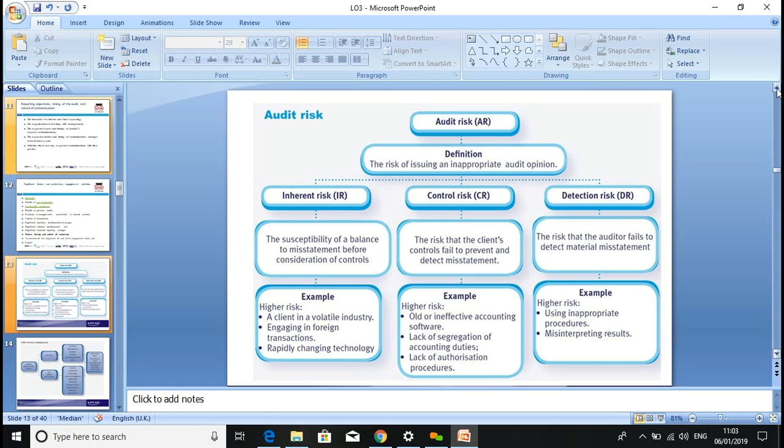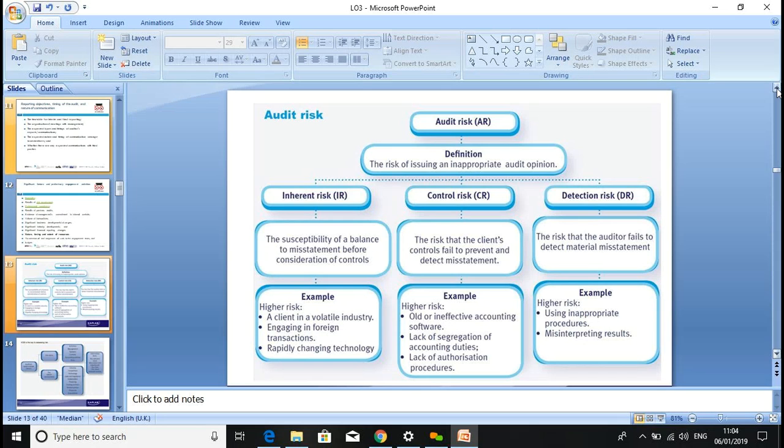High risk: old or ineffective accounting software. High risk can be in a control. So, lack of segregation of duties, accounting duties. The same person doing the purchase order is dealing with the cash receiving. So there is a problem of segregation, and anybody can do any activities. People can be rotating, so how can you say that was your responsibility, you're supposed to do it? So there can be a problem of control risk there. Lack of authorization procedures: there is no authorization, anybody is their own boss. Yes, anybody can do anything. So we need to look around.